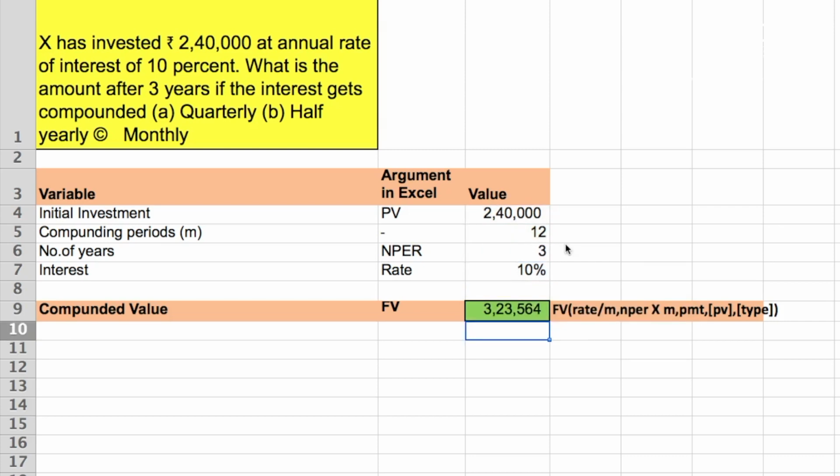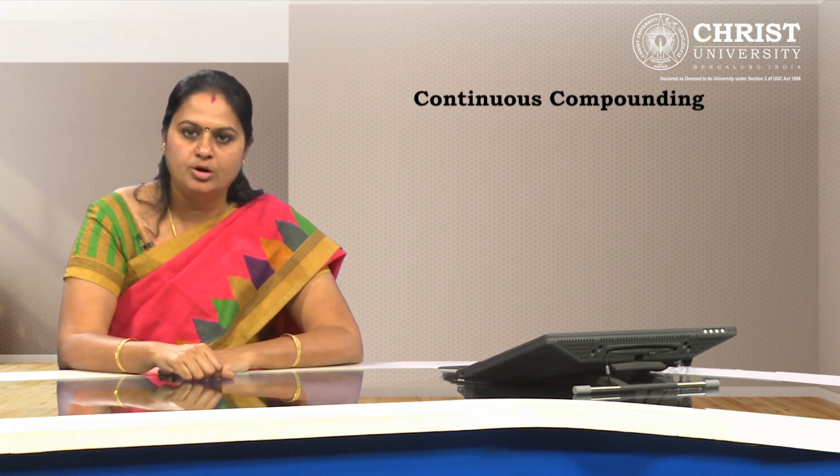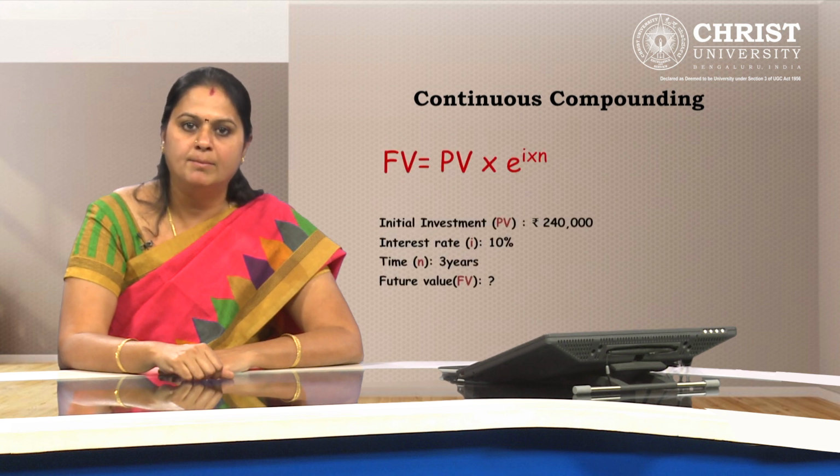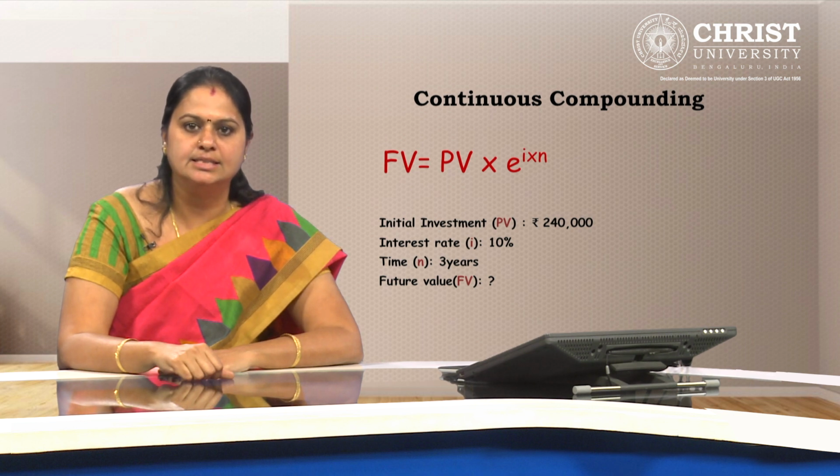We have seen an example of frequency of compounding as months, quarter, etc. What if the compounding happens every hour, minute and so on? As the number of compounding gets larger and larger, the result gets closer to a limiting factor, that is natural e. It is called continuous compounding and the formula will be e power r multiplied by t, where r is the interest rate and t is the time.